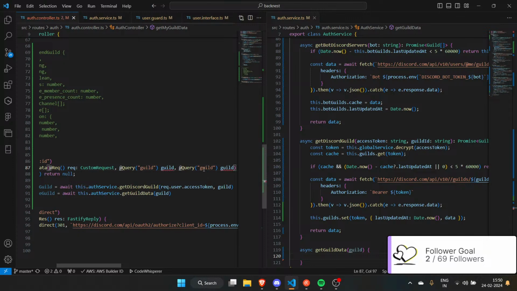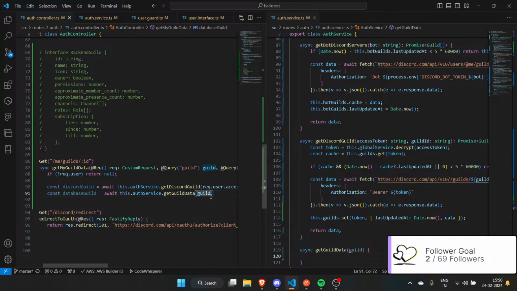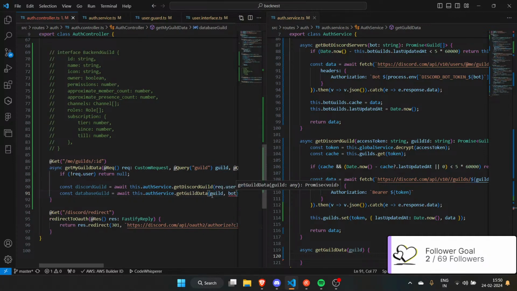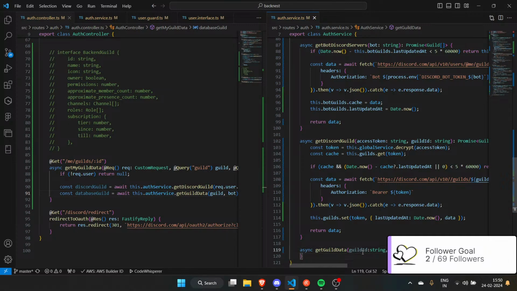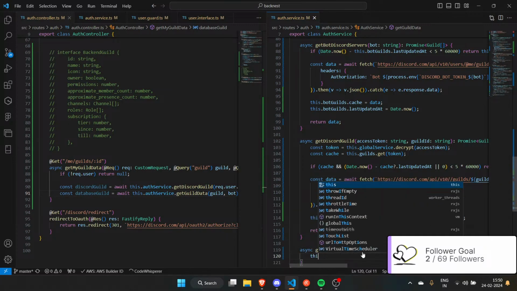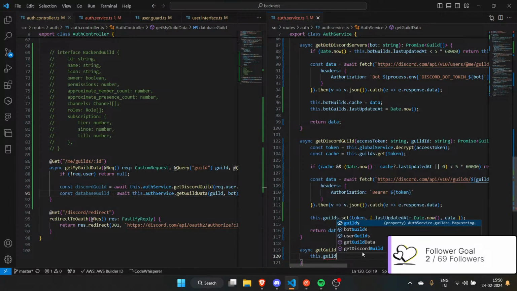I guess I can have another query for the bot. When we do get guild data, we have the bot as well. So we have guild, which is a string. Then we have bot, which is a string. Now, this dot guild,